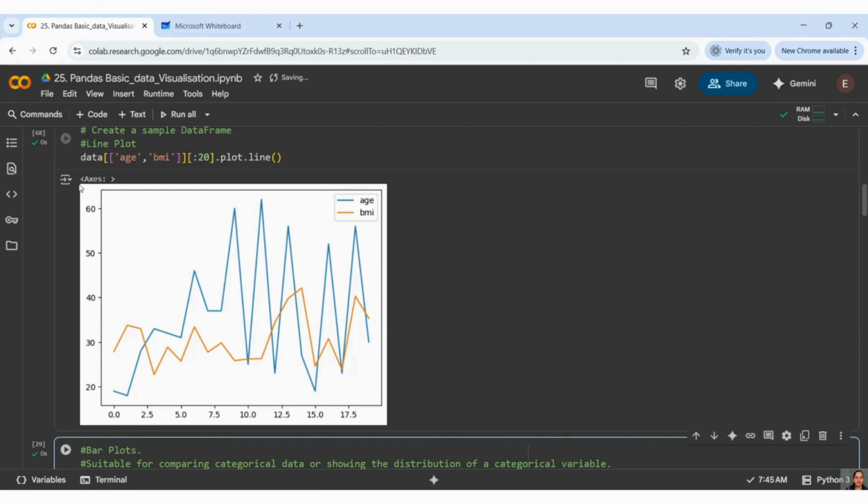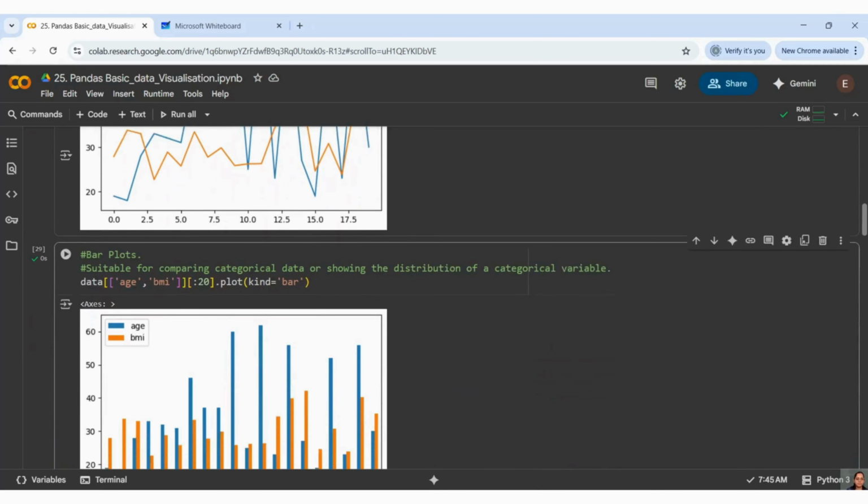And these are all your data points. This is your axis: the y-axis, where 20, 30, 40, 50, 60 are present, and below, 1.0, 2.5, 5.0, all these things are the x-axis.